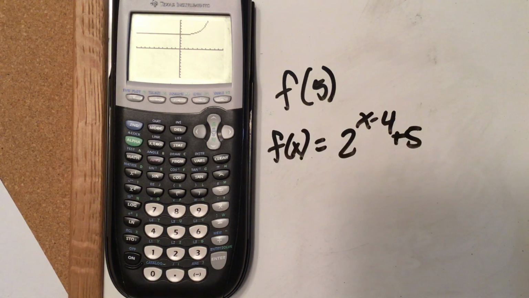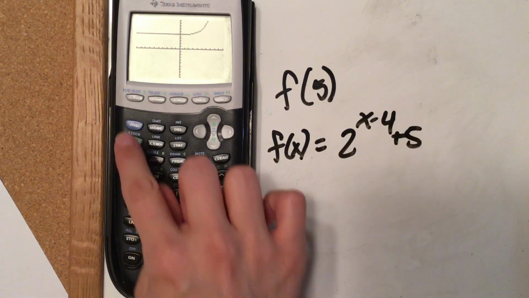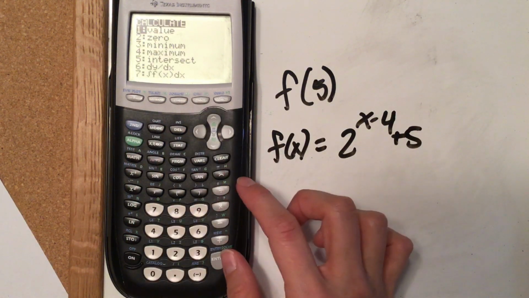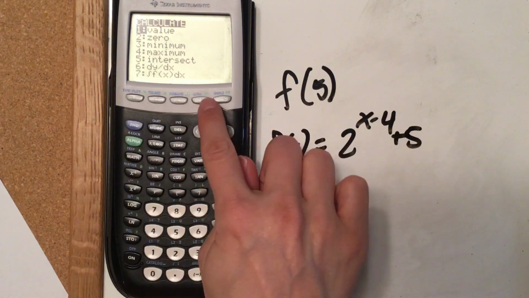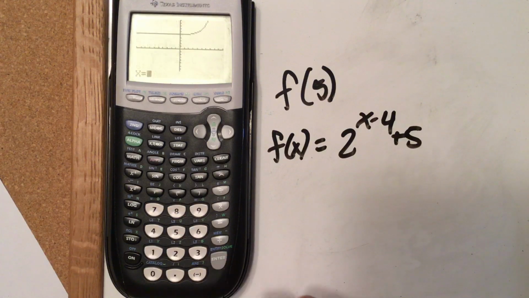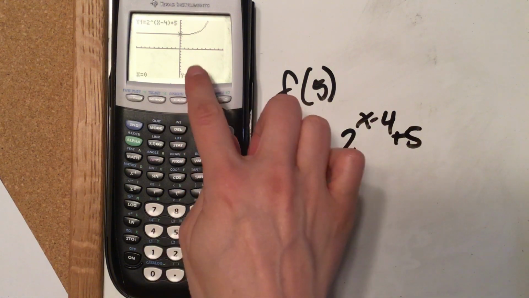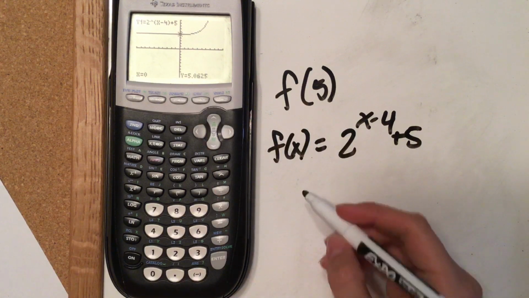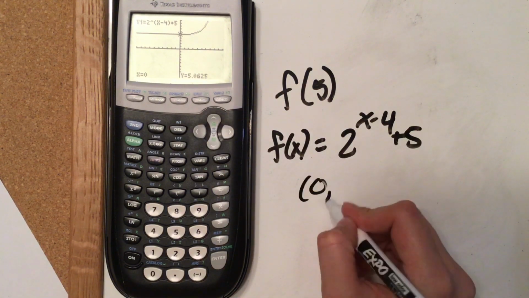And then when I hit graph, we want to calculate the value of something. So we're going to go to second calc, and then we're going to click on value. When I click on value, it prompts you for the x value. If you're wanting the y-intercept, the x value of a y-intercept is 0. So I hit 0, and it gives me the value. So this point would be